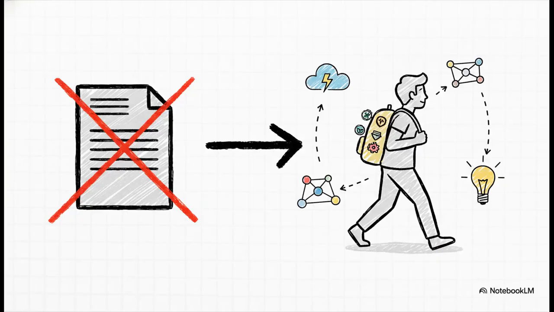Because what we're talking about is a fundamental shift. Forget the old static resume that just lists your past jobs. Instead, imagine having this dynamic, verifiable reputation backpack that you carry with you everywhere you go online. Every piece of code you write, every project you help lead, every good decision you make, it all goes into the backpack. It creates this rich, provable history of what you can actually do. Your work literally speaks for itself.